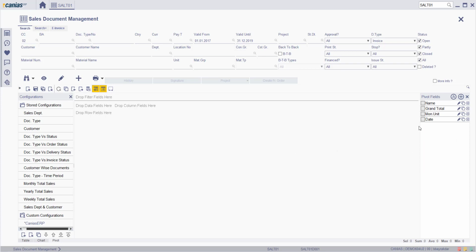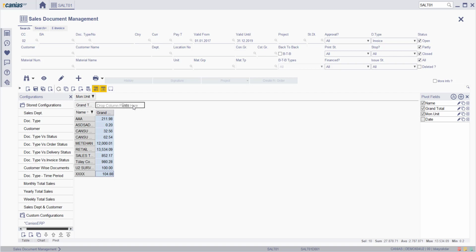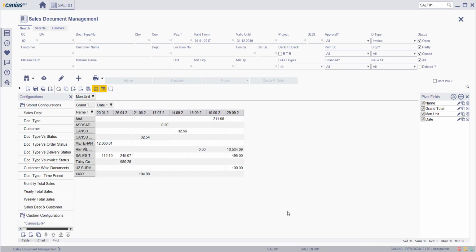And now we're going to place the filters on the pivot chart. Let's make the customer name a row, grand total a data, monetary unit the field, and date a column.